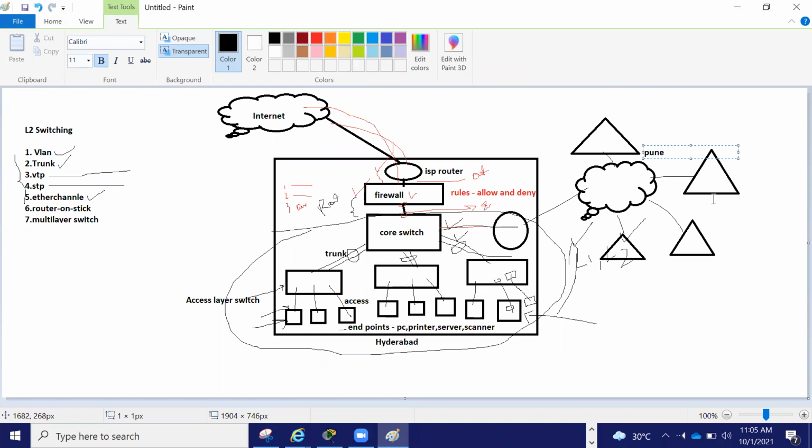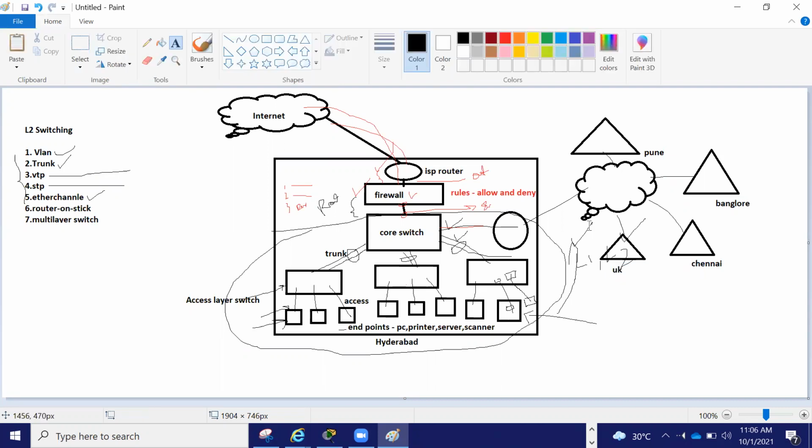This office in Bangalore. This office in Chennai. This is in, let's say, UK. And one more in USA.